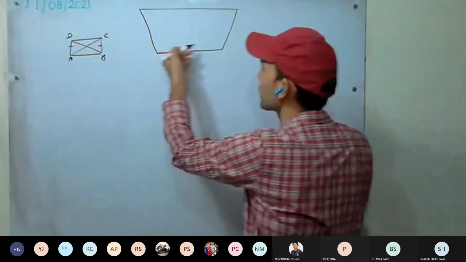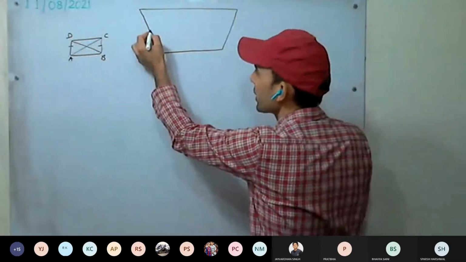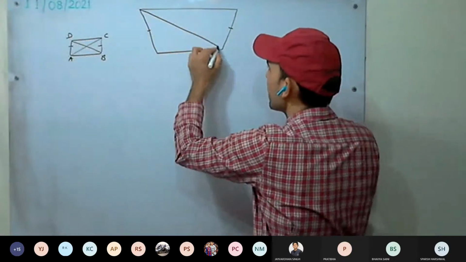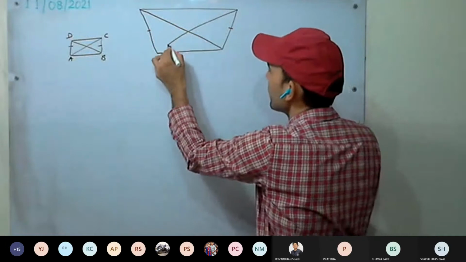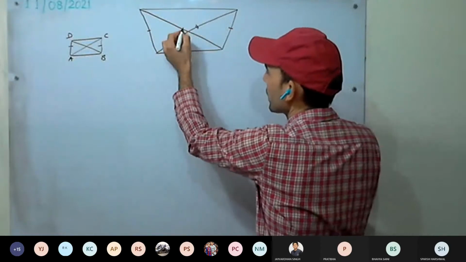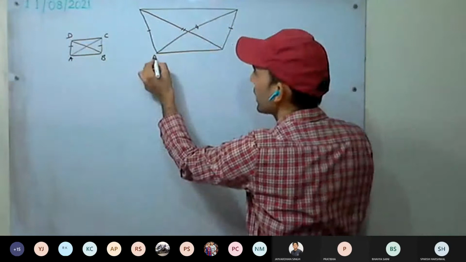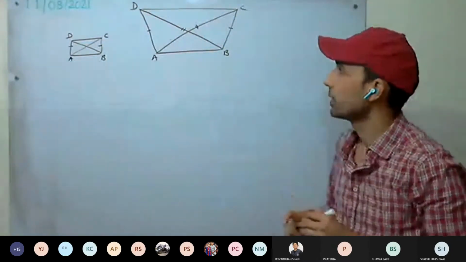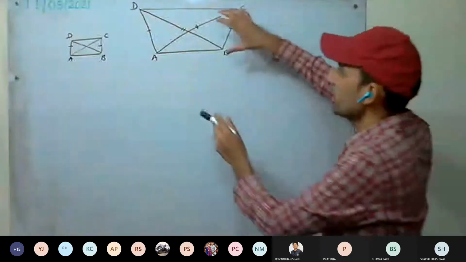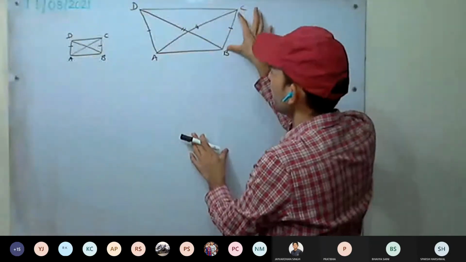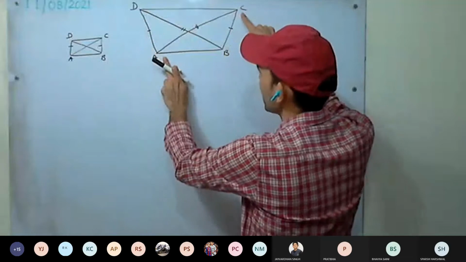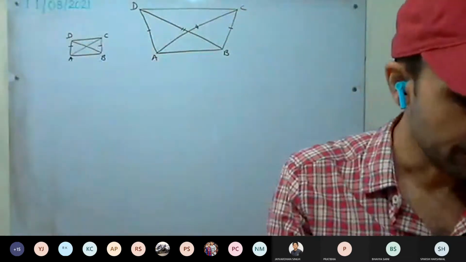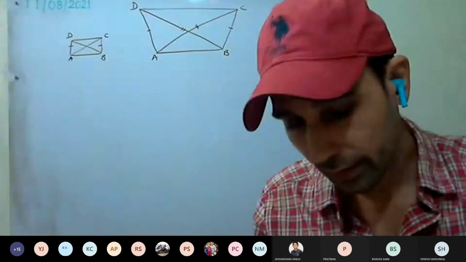Or you can draw a rectangle kind of something like this, where these two sides have to be equal only, and these two are equal. This whole length, A, B, C, D. So what is given? This length AD equal to BC and BD equal to AC. This is given. And we have to prove. So I'm marking with red.